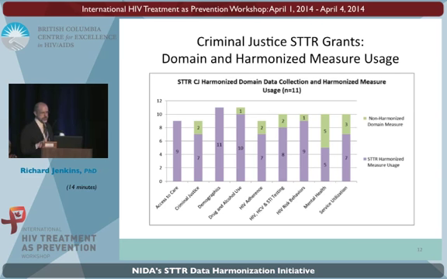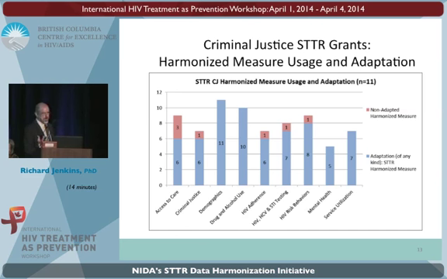There was an effort to reconcile one over another. There were some practical considerations in terms of people wanting to use, for example, licensed mental health measures that involve costs, and so there were some decisions people had to make there. But as you can see, across the different harmonization domains, there is a large proportion of measures which are the harmonized measures, and then people have added some additional measures, for example, most often with mental health or service utilization.